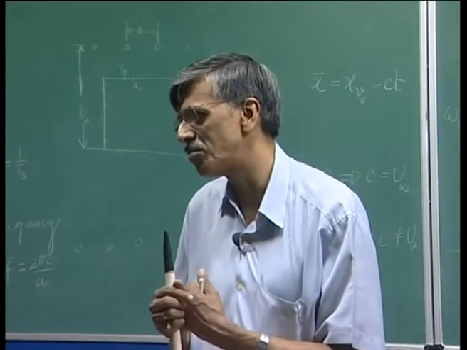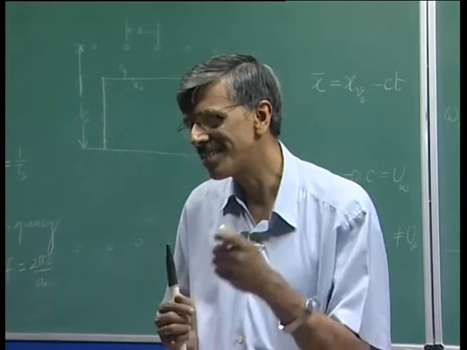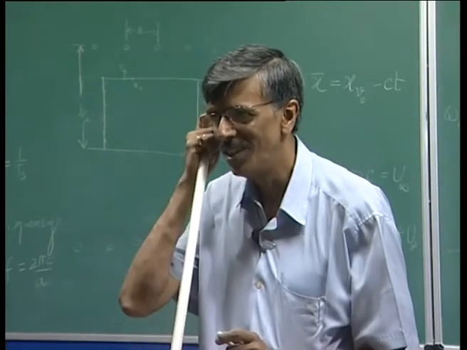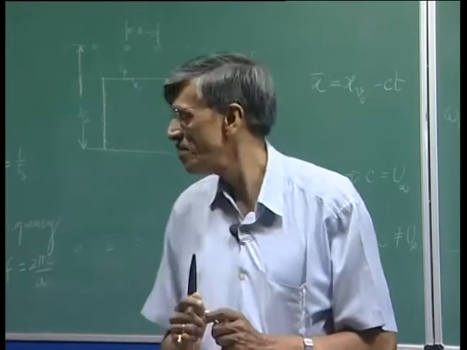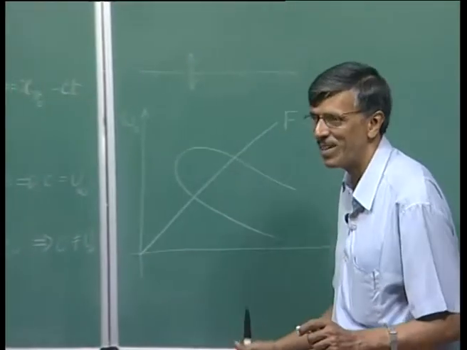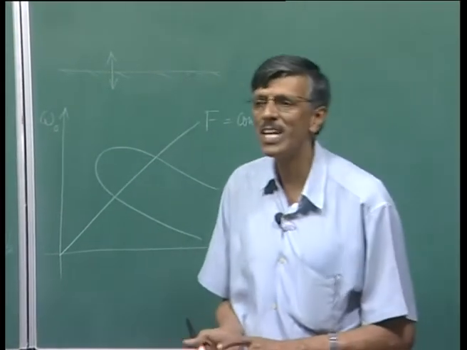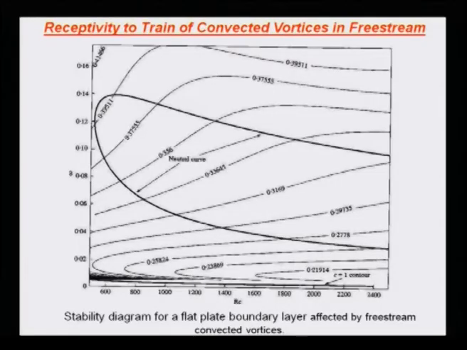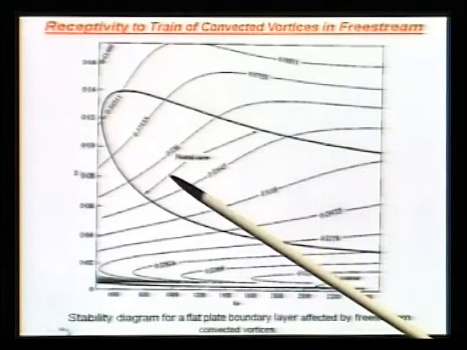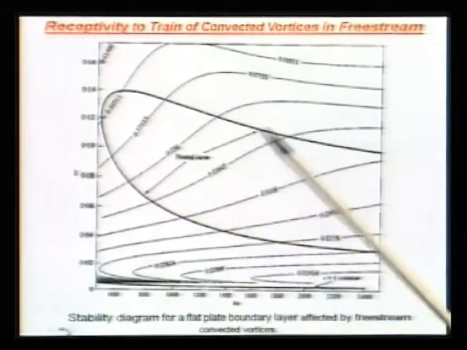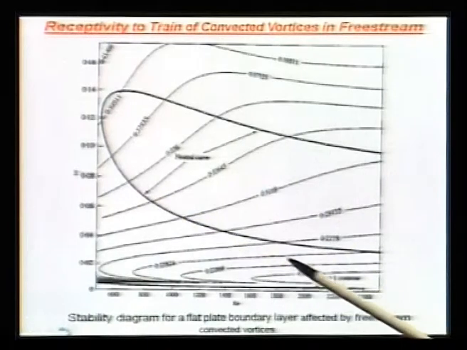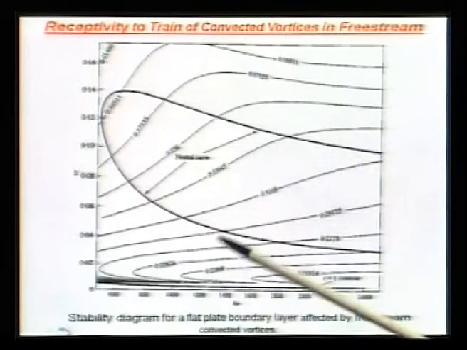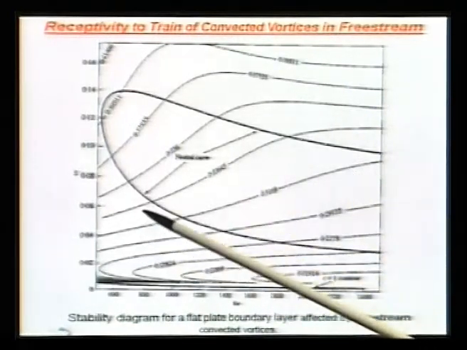What is invariant in this problem? It is the speed at which the disturbance is propagating in this free stream. All right. So what I could do is look at this and plot out the C equal to constant contours, and that is what you are seeing here. So this is once again in the RE omega naught plane. The solid line indicates your neutral curve. It's unstable inside, stable outside, and these are various C equal to constant lines.